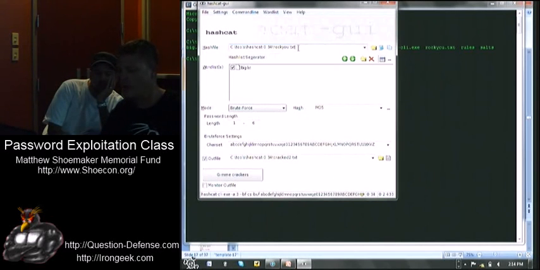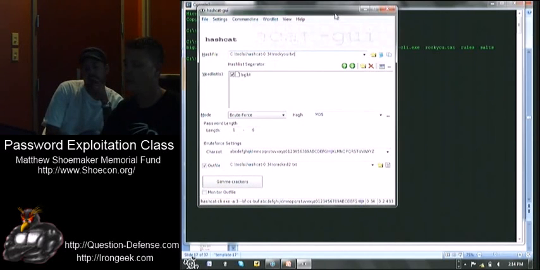So what I'm going to do here is I have a hash file. This is the RockYou text list. It was a big list of leaked passwords from a bunch of places that came out a couple of months ago, and what I've done is I've just rehashed it for the purposes of this demonstration.